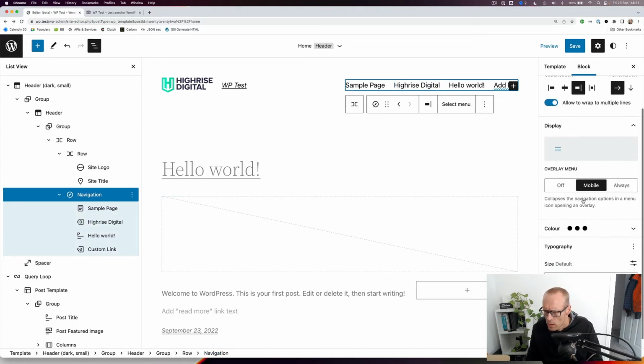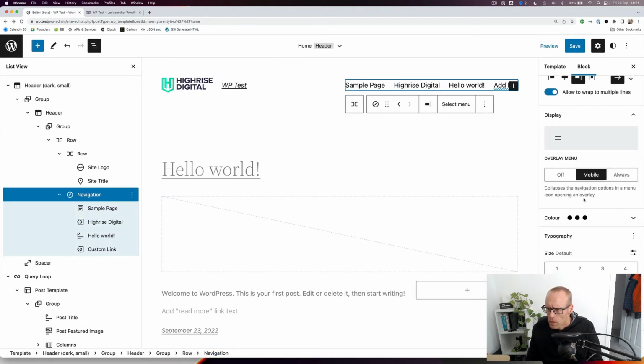What's down here? Collapses the navigation options in the menu icon. An overlay, right. Overlay of the page. So that's mobile then, is it? Colour. Submenu